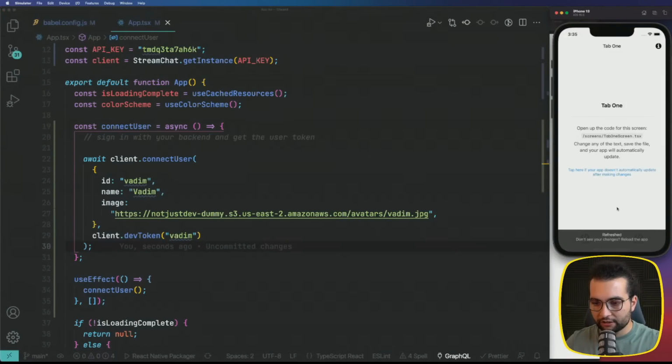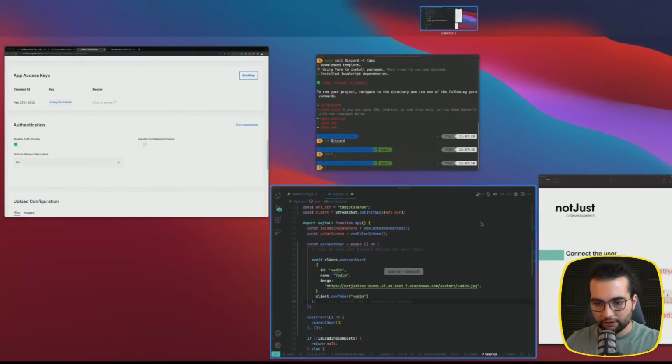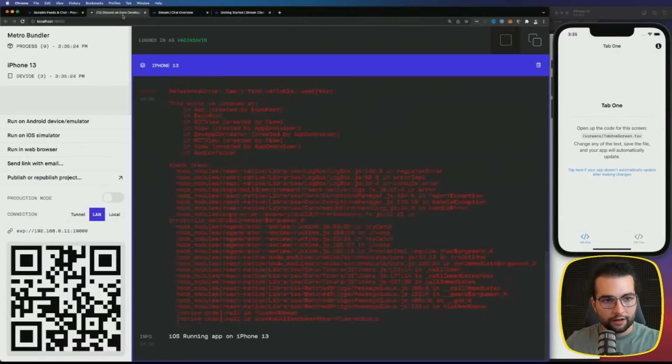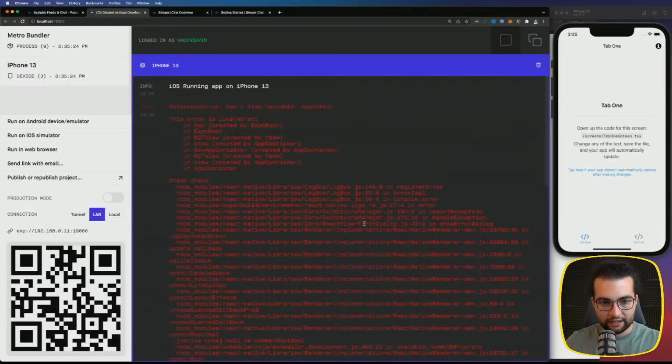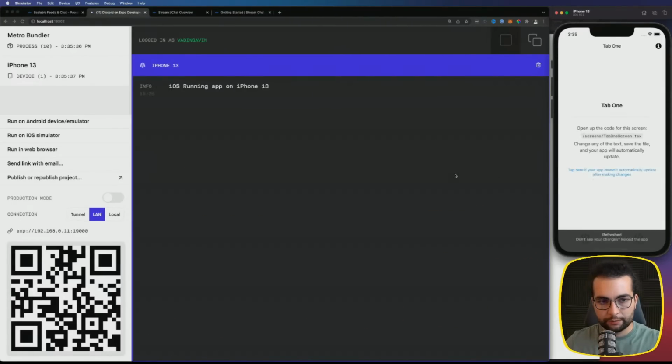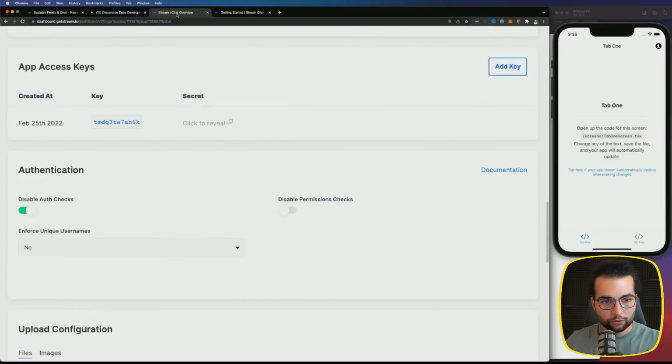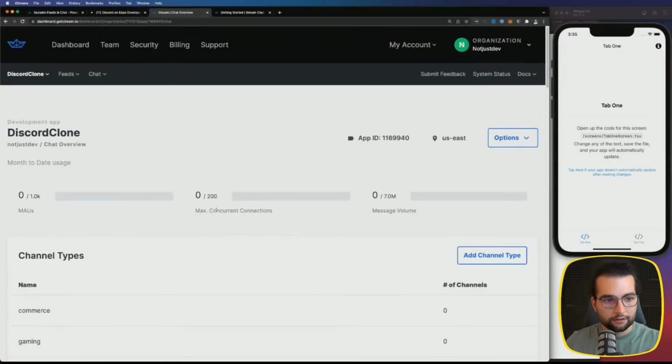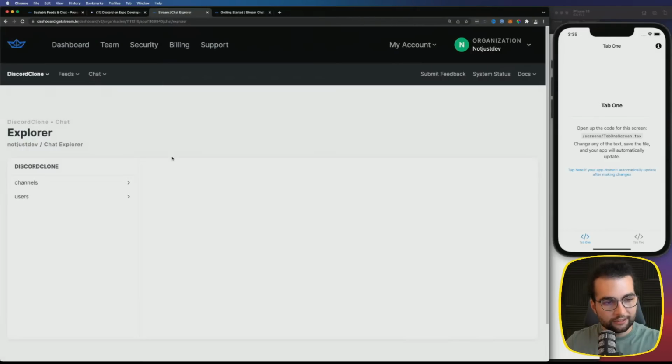So now if I refresh the page, nothing is happening in Expo. I don't see any errors. These are old errors. If I'm gonna refresh. However, if I go to our Stream Chat dashboard, and if I go to the chat, not overview, but Explorer,